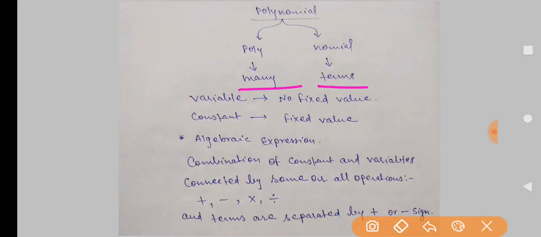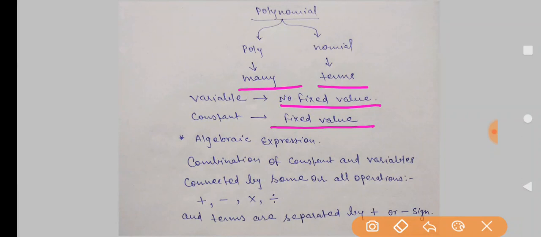To understand polynomial, at first we should discuss variable and constant. Variable has no fixed value and constant has fixed value. For better understanding, if we take different squares, then they have different side values, but the number of sides will not change. Means the number of sides is constant, but the value of sides is different, so that is variable.